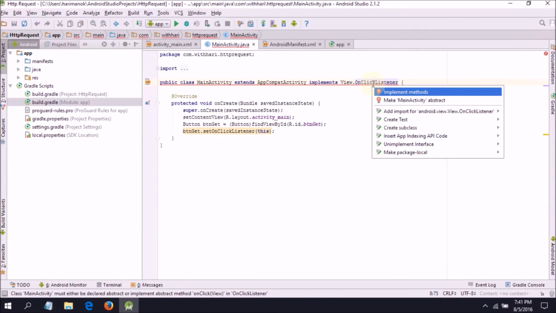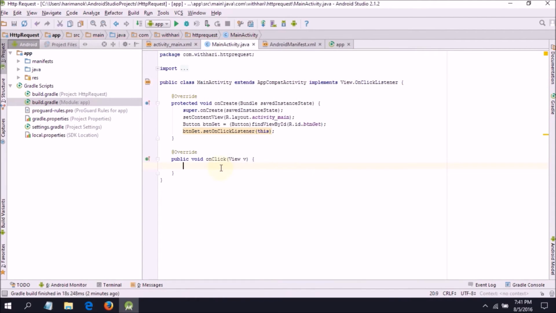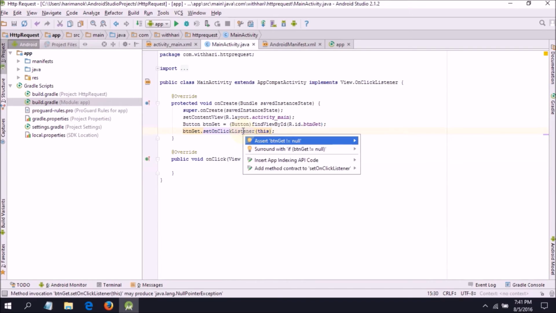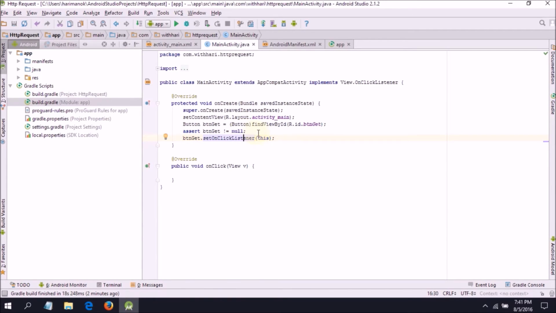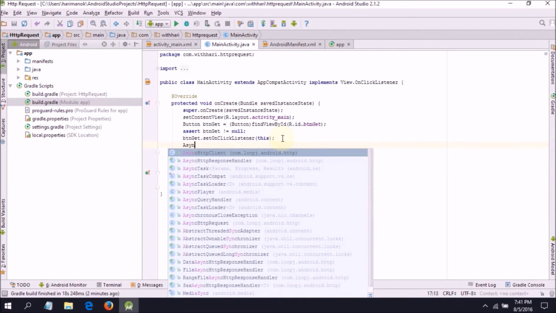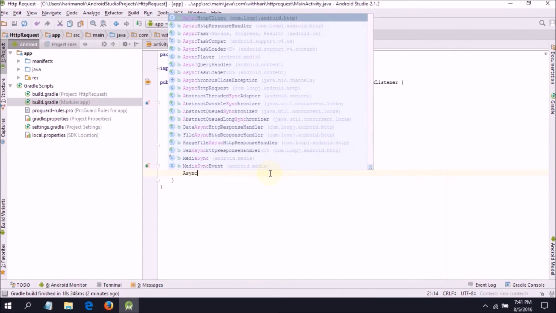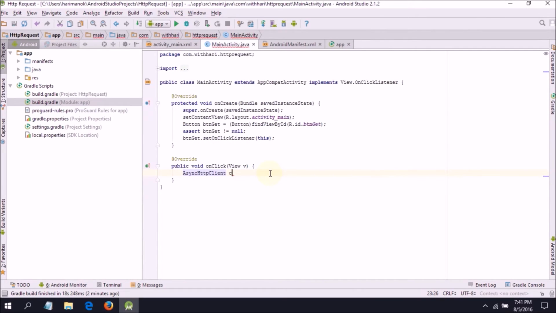What I'll be doing is I'll press Alt Enter to get this dialog box and just click the OK button to add the onClick method. Next thing I'll be doing is importing that package. Let's create an instance of AsyncHttpClient here in our